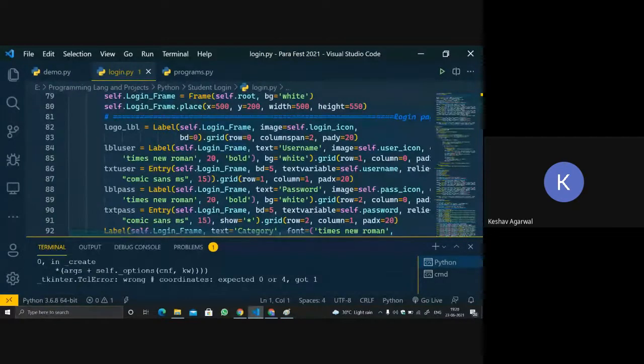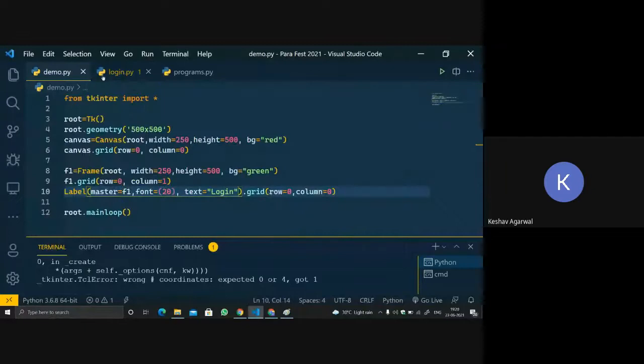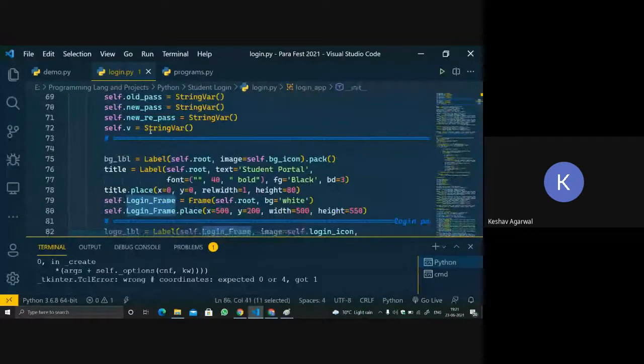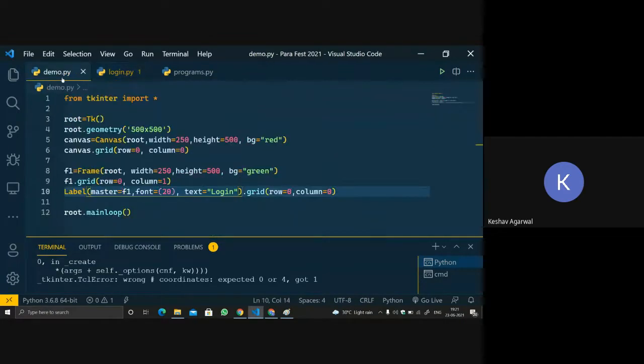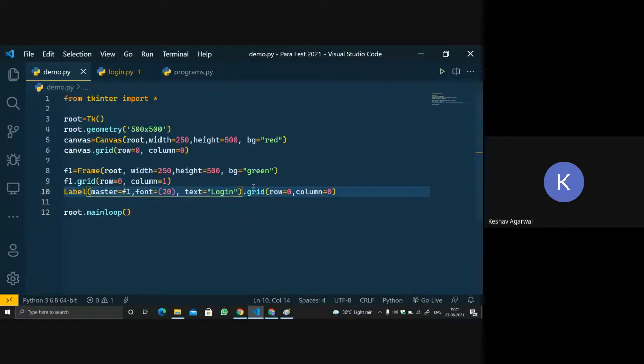We're using the frame. Okay, let's not use grid then.